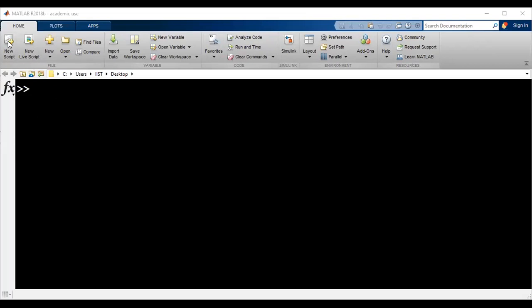So now, before you start any program, the first 2 lines must be clear all and clc. What does it do? Any idea? It clears the workspace. Clear all clears the memory, the workspace will be clear. But clc will simply clear the command window only. Memory will not be cleared. That's the difference between the two.